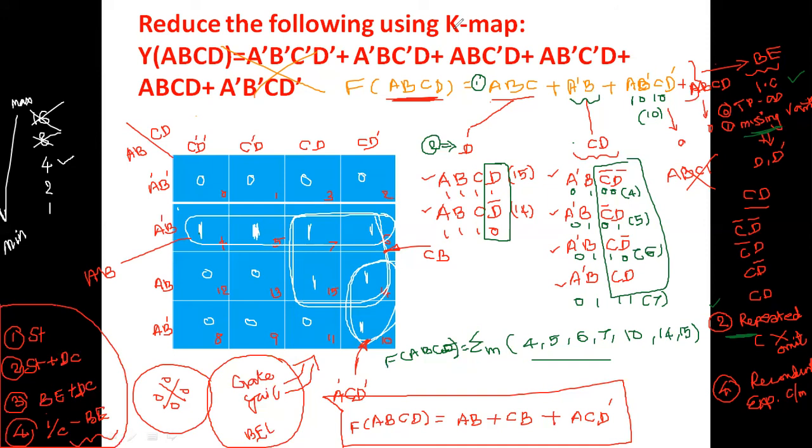I hope that all the methods are covered in both the three variable as well as the four variable Karnaugh map method of reduction. With this, all the Karnaugh map method problems are over. Maybe in future we may discuss a five variable or six variable Karnaugh map if time permits. Or I will put it in a separate offline video. You please go through it. Hope that everybody can understand the Karnaugh map.